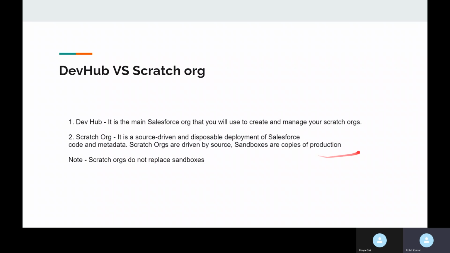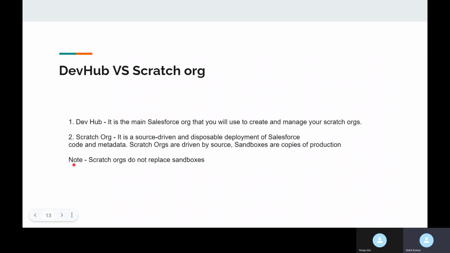If you have some data under production, that data comes under the sandbox, and also some configuration or customization. Suppose in production you have some workflow and process builder. Once you create any sandbox from production, all the configuration automatically comes under the sandbox and you can work. That is the functionality of the sandbox and production.